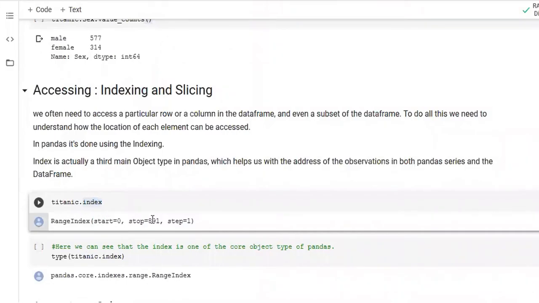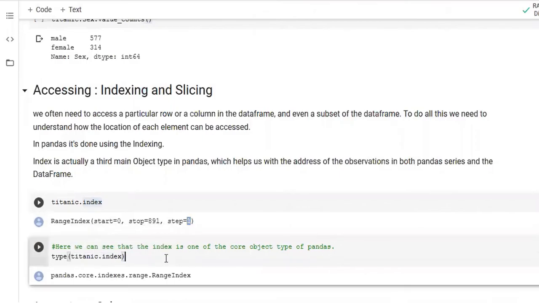It starts from 0, it stops at this, and it has a step of 1. So this is exactly the range that we saw earlier, the range function in default Python. It's kind of like this, but it has been defined and modified in some way by pandas to accommodate its own uses. So its type is actually RangeIndex from pandas core.